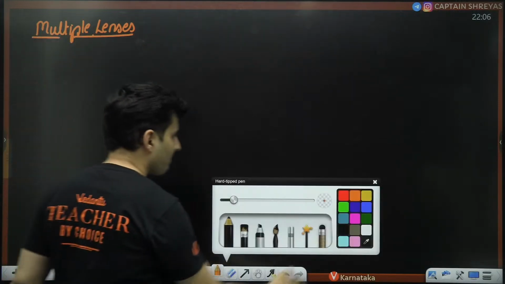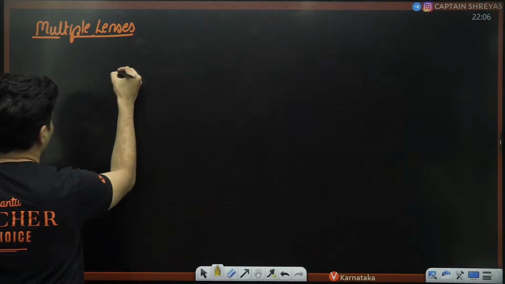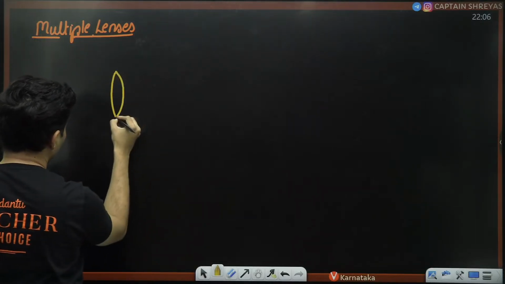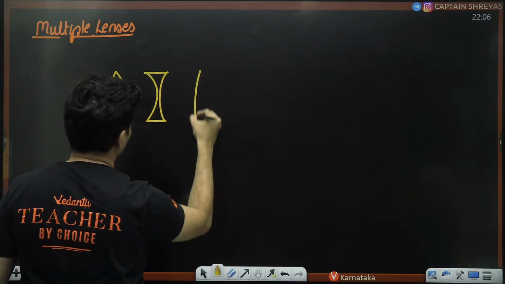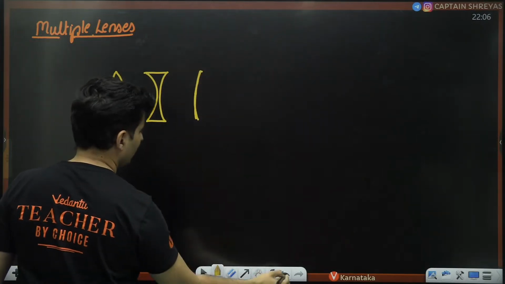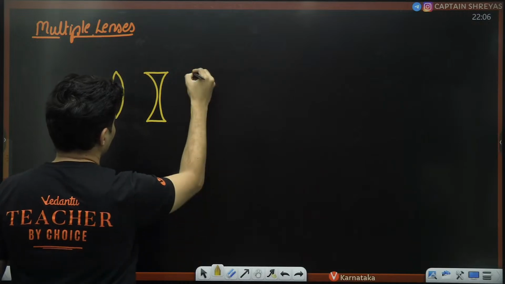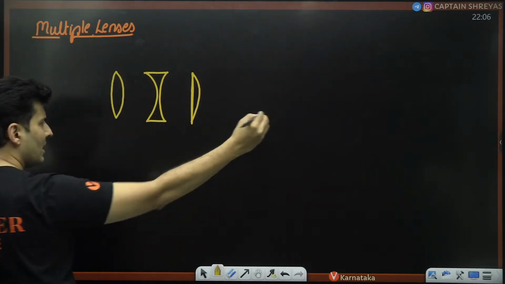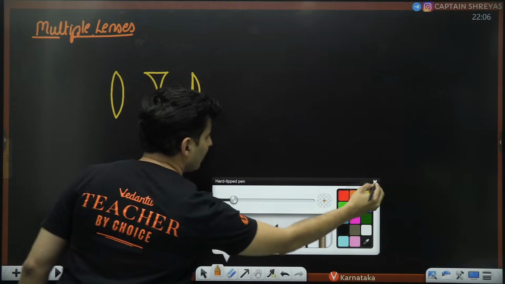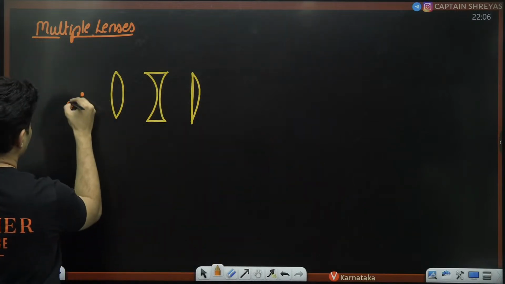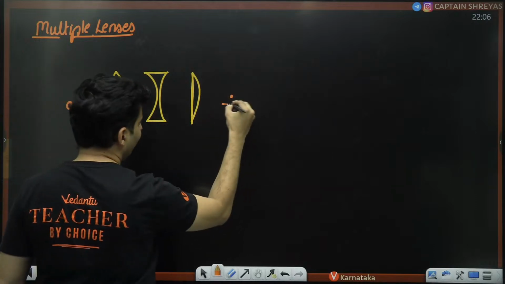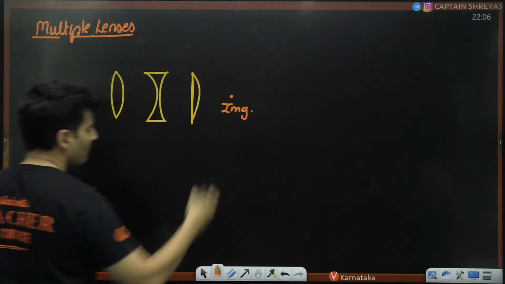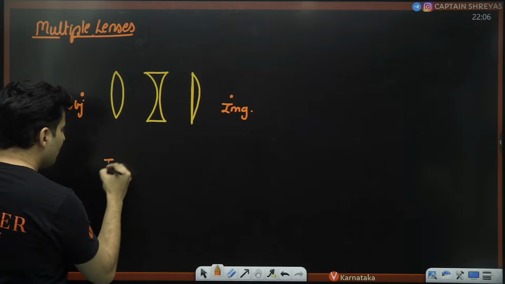See, imagine you have a lens over here and a lens over here, then maybe some random lenses are there, one after the other, many could be there, and you have an object over here. What you will do is, to find where the final image will be formed,